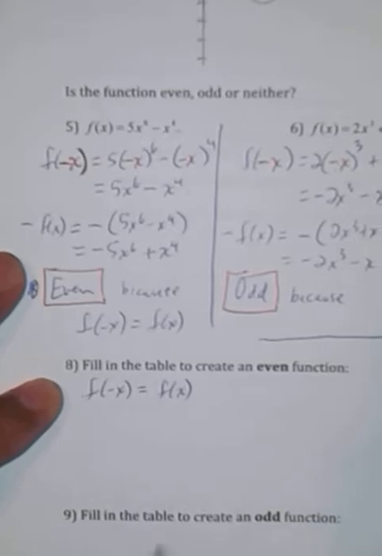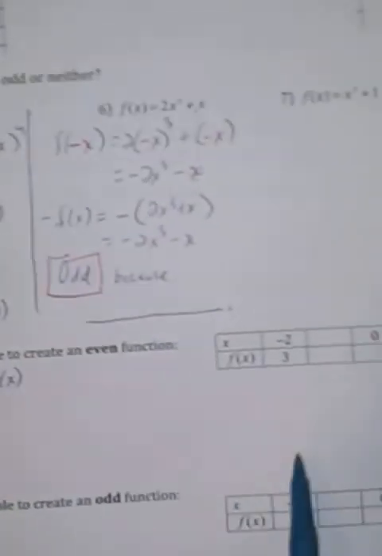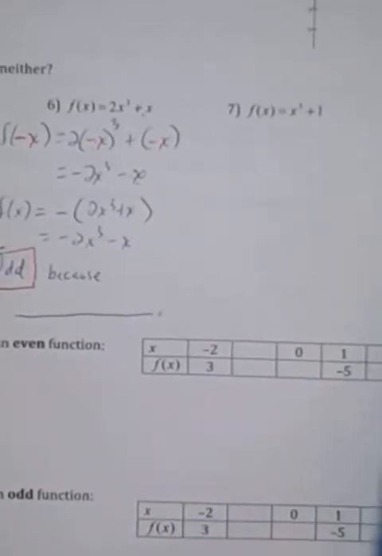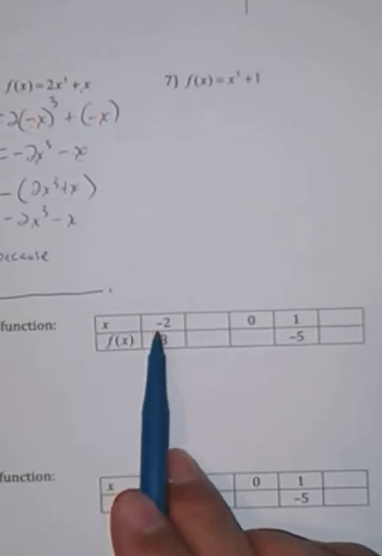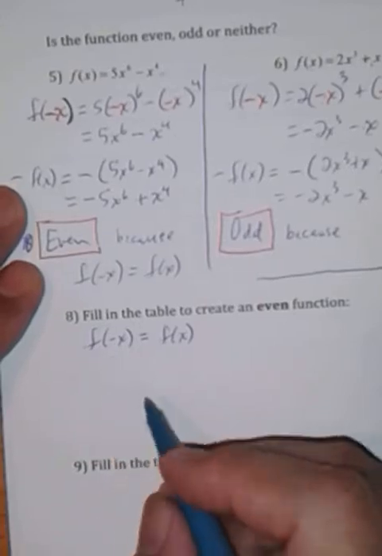Okay, notice this refers to values of x, right? f of negative x is the same as f of x. What values of x do I have? Well, I have negative 2, 0, and 1. Okay, notice I don't have negative 2 and positive 2, right? And I don't have negative 1 and positive 1, but when I write it over here, I'm going to use